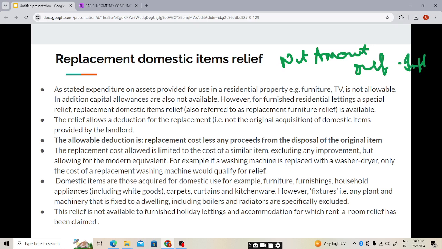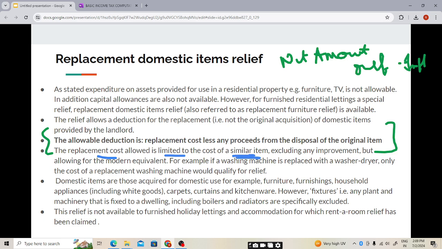What is the net amount which is going out of your pocket? You are purchasing a new TV, and again you are getting scrap from the old TV, so that is the net amount, and that will be an allowable deduction. But here you have one condition. What is the condition? HMRC says that the replacement cost is limited to